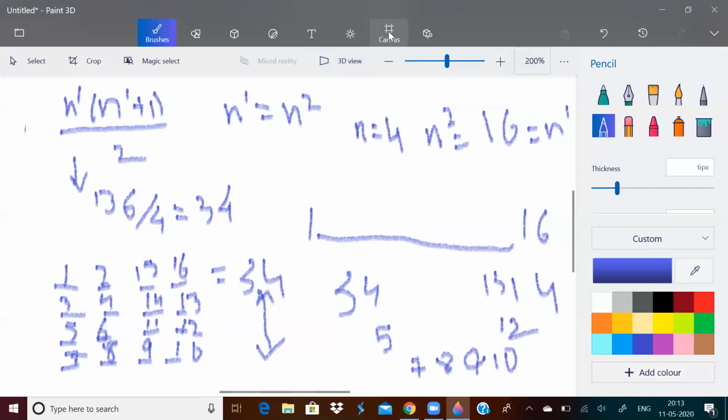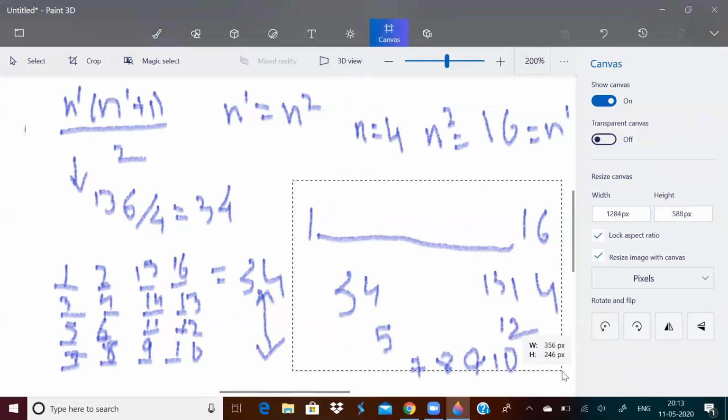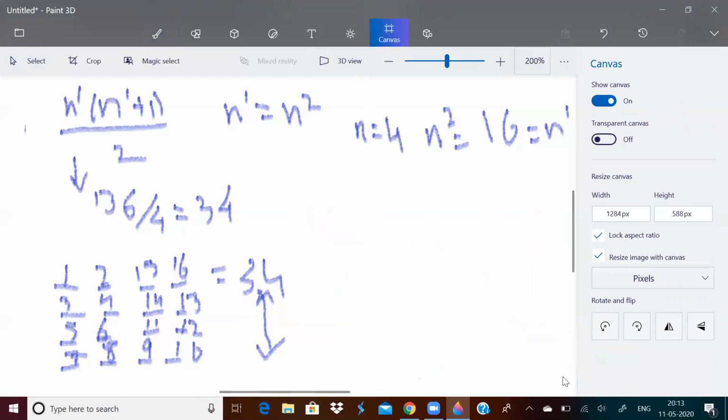So essentially, what did I do? I wrote n by 2 numbers from the beginning of the list and n by 2 numbers from the end of the list, and I shifted by n by 2 places.